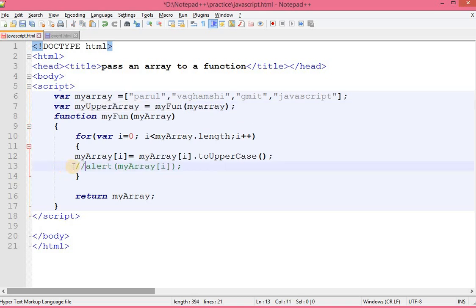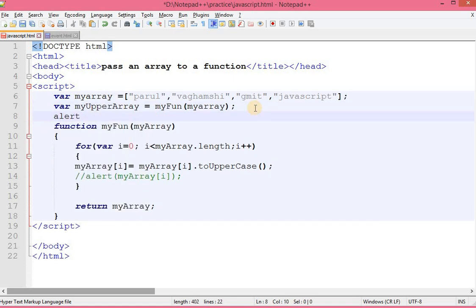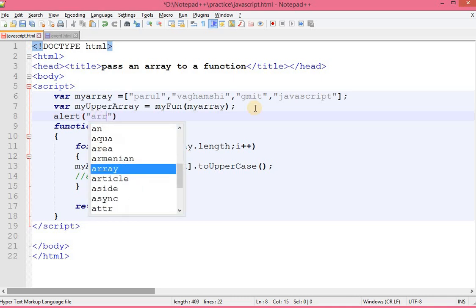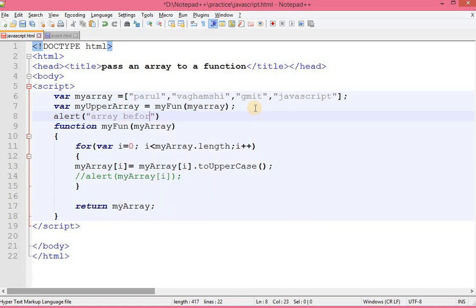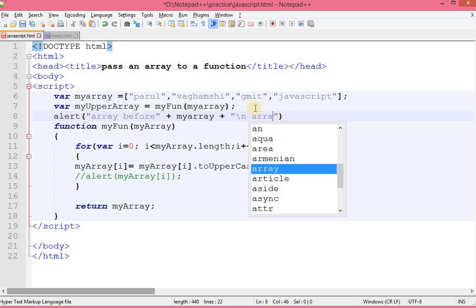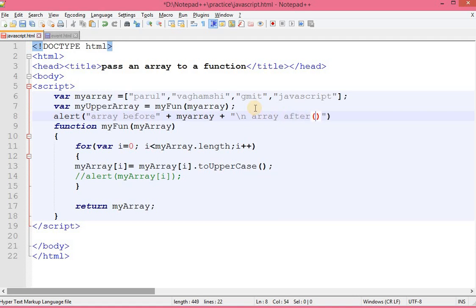Okay, it was just for demo purposes. Now let me put it in comment. Whenever this function's result is written into my upper array, let me put an alert over here and give array before plus, so before it was my array, plus array after, that means in uppercase.